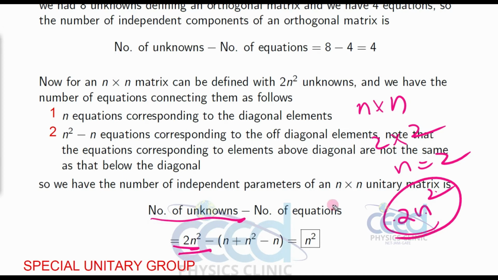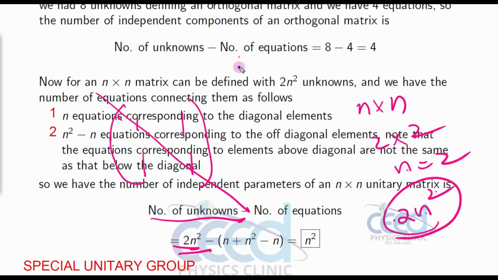Now, the number of equations. Note that the number of equations is n square minus n for the off diagonal elements, that is the equations corresponding to the off diagonal elements. We formed one equation here and another equation here, and diagonally we got 2 equations, 1 plus 1. Since we considered a 2 by 2 order, we have 2. And off diagonal, how many equations did we form? That is n square minus